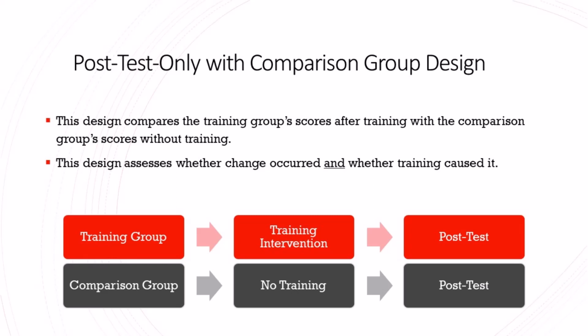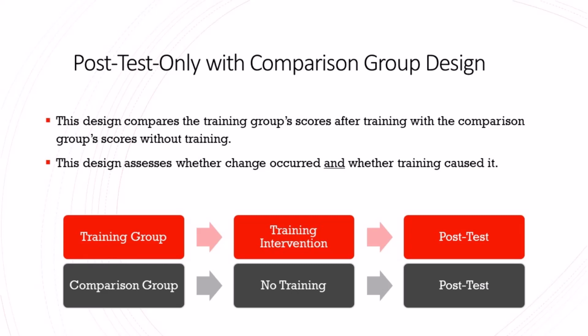This third design involves only a post-test, but includes a comparison group. Again, there are two measurements taken, one from the training group and one from a comparison group who did not participate in the training. It is very important that employees be randomly assigned to either the training group or the comparison group. After the measurements are taken, the comparison group can then participate in the training so that no one